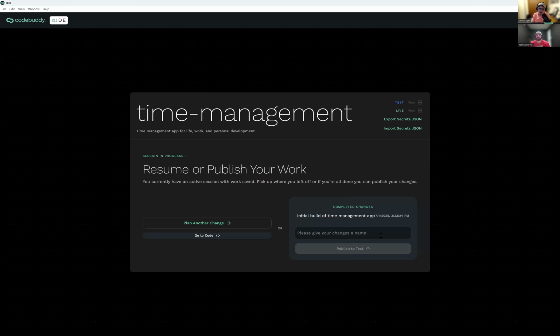Yeah. So we don't have to do it on this part just because I know it takes a few minutes. But if you did want to publish it up to the cloud, you just give your changes a name. Then you can push it to a test environment, which will automatically go to those Azure resources that got connected at the start of the project. And then once you're ready and have validated that everything works with your tests, you can push things to your live environment as well, which is really great. So it's just a matter of a click or two and a little bit of text to get things going